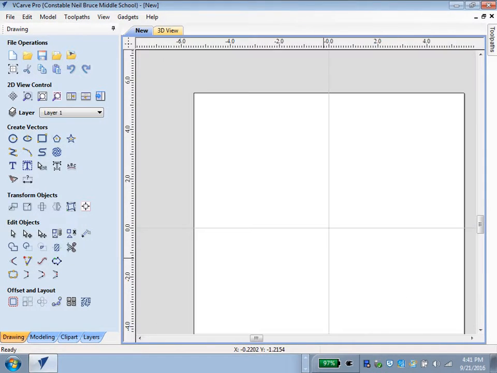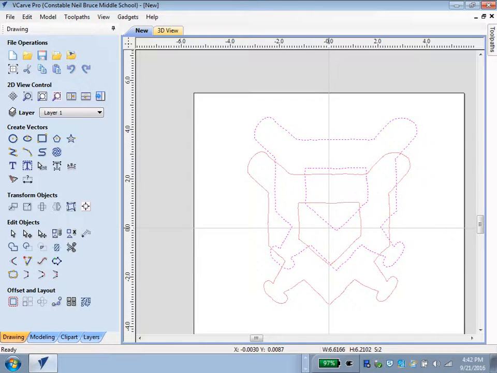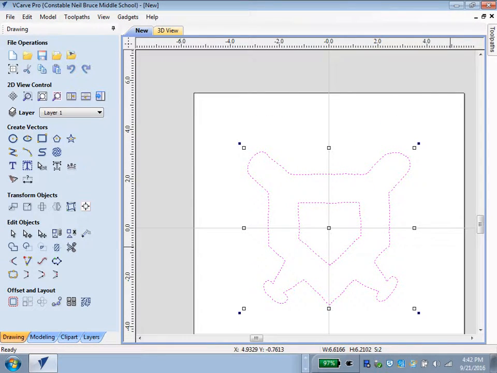Zoom in again. Now I'm going to press Control V, and that'll paste the image exactly in place without all those little dots, those little tiny vectors, because that can cause a big problem. Now I want to move this around a little bit. So I'm going to click right on the line itself. Don't click in open space somewhere, but actually click on the line, and you get these control handles come up. Click on the middle control handle and drag it right to the center. Okay, there we go. Now I've got it centered, and the first thing I'm going to do at this point